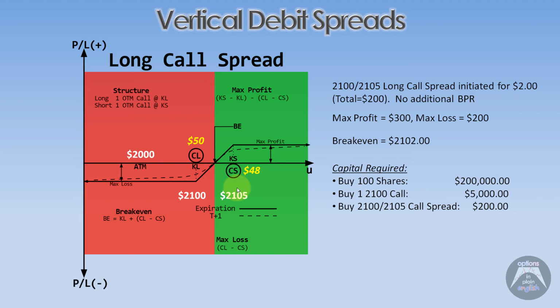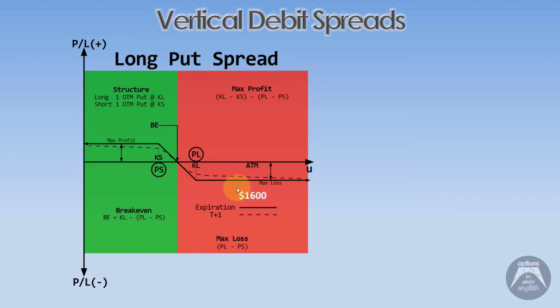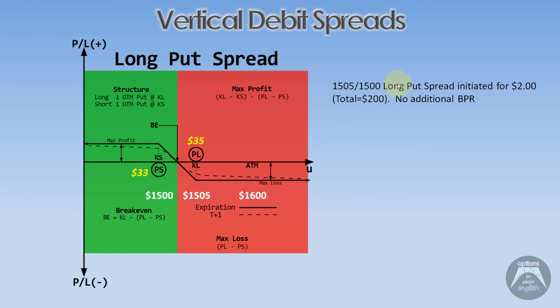Now we're going to see the same thing on the other side. We're going to talk about a put spread. We're going to do something similar. We have a stock that's trading at $1,600. We have the 1505 strike price for the put trading at $35. And then we have the $1,500 strike price for the short put that's trading at $33. So with this configuration, we're going to be buying the 1505 1500 long put spread initiated for $2, so 35